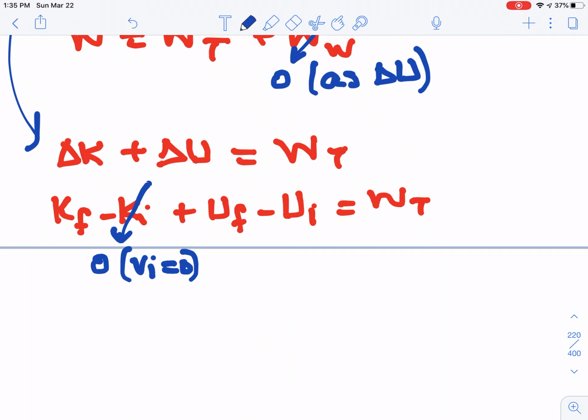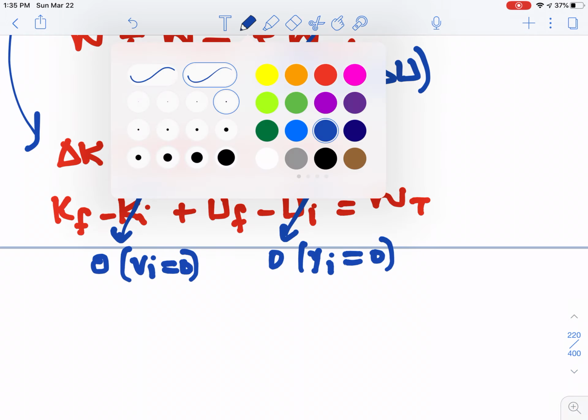We also set the ground level, the bottom level, to be y equals 0, right? We said the origin starts from there. That means initial potential energy is also going to be 0. Why? Because y initial is set to 0. Okay, so none of the other terms are 0, so what we need to do is just write the equation